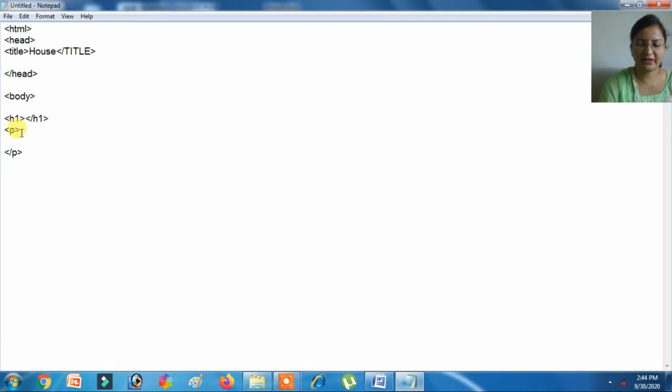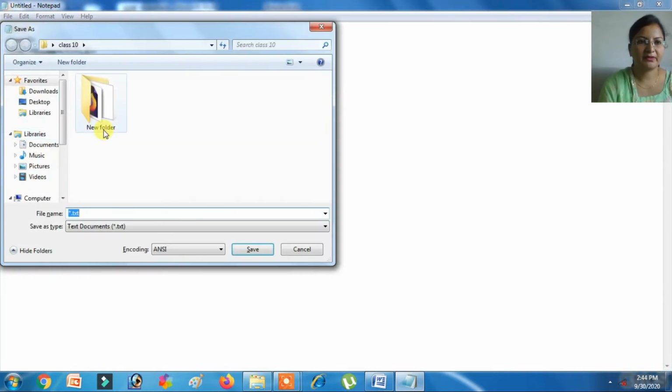Inside first paragraph we have to insert an image, so we will use IMG code also. Here we will insert the picture name. Save the file with house.html.